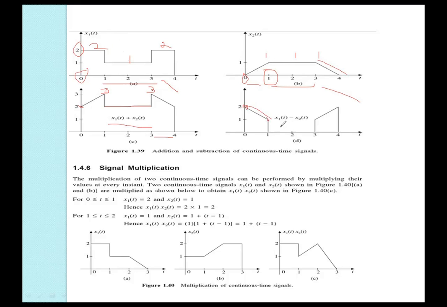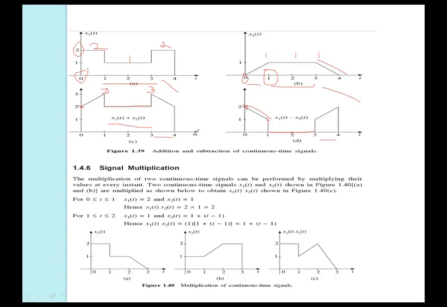So both the 1s become 1 minus 1, 0. Previously, 1 plus 1 is a 2; we were adding the 2 signals. But here we are subtracting the 2 signals. In the range of 1 to 3, the subtraction means the magnitude is 1 here and here also the magnitude is 1. 1 minus 1 becomes a 0.